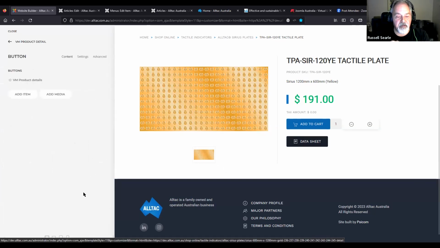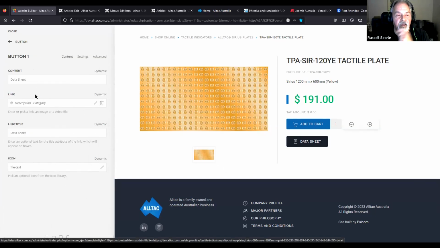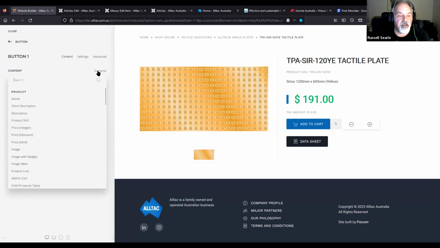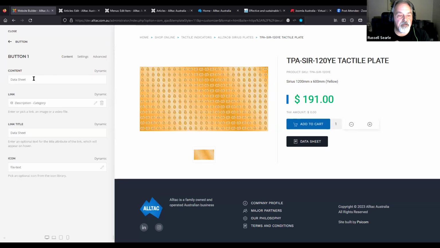The first button, Data Sheet for Category, comes from VM Product Details. That product is this one, TPA SIR 120YE. Okay. Content. In this case, this is fixed. It's just a fixed term, but the link that it goes to,